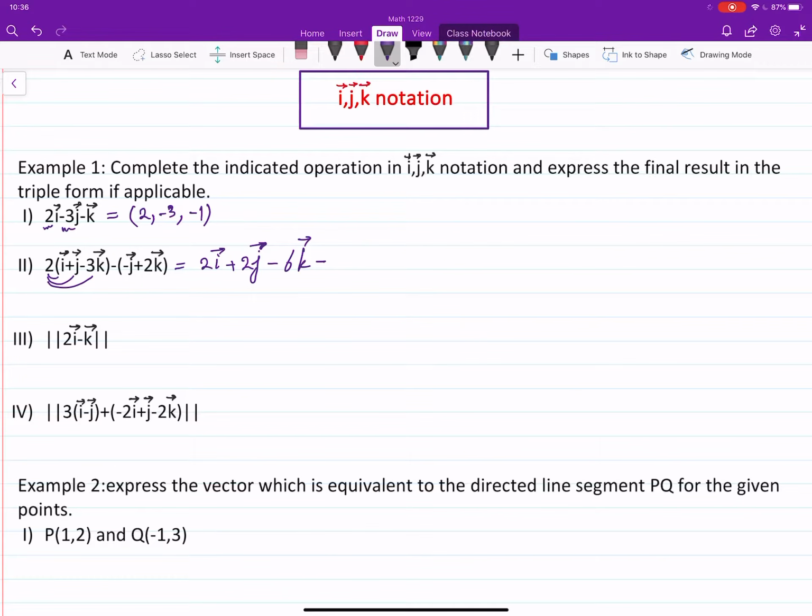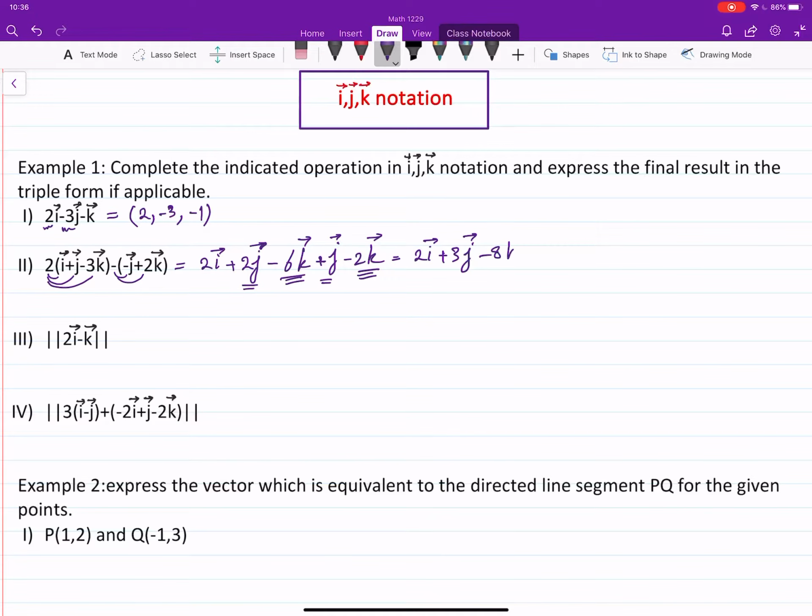Then minus, we can do this thing, plus J minus 2K. And then, as you can see, put all the I's together. There's 2I here. There are these two pieces of J, which add up to 3J. And then these two will give us